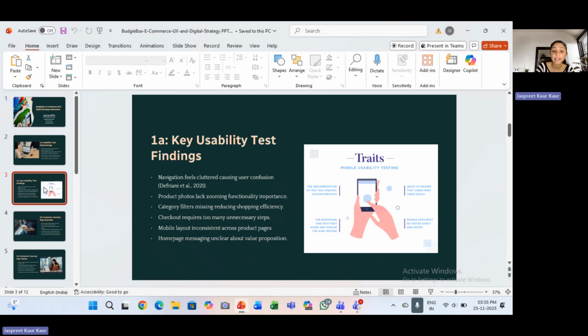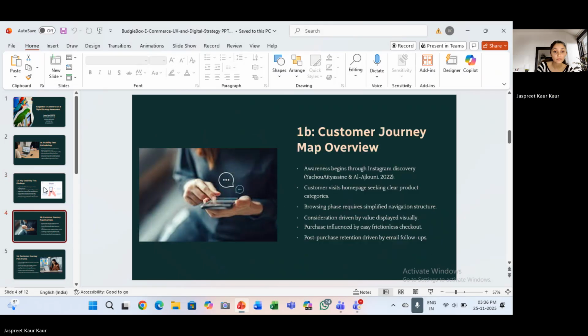Third, the site had no product filters, making it difficult to browse and forcing users to scroll through the whole list. Fourth, the checkout process was too complicated, with many unnecessary fields for a simple purchase. Lastly, the mobile layout was inconsistent, with irregular spacing and button placement that frustrated users.